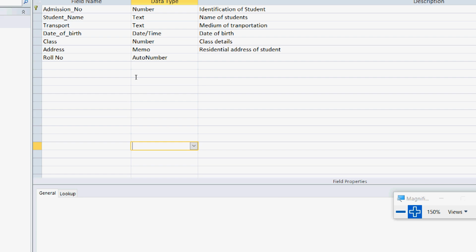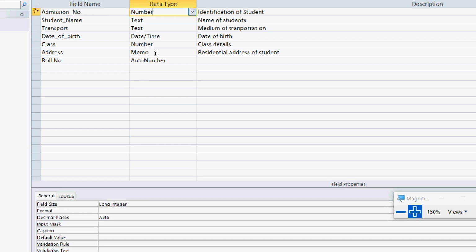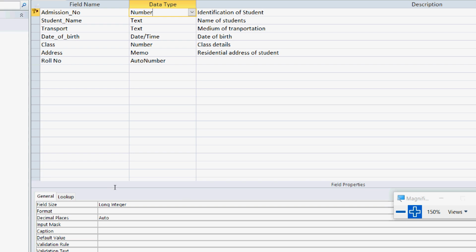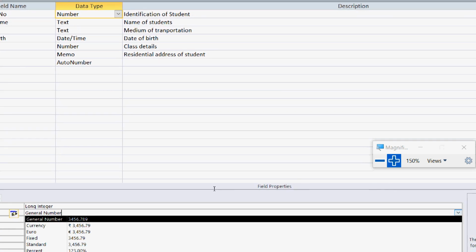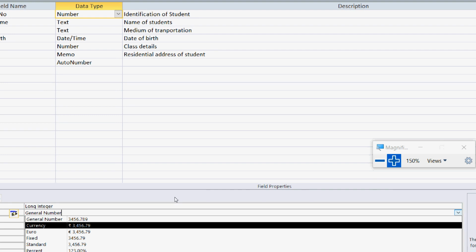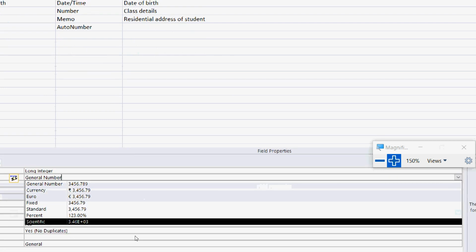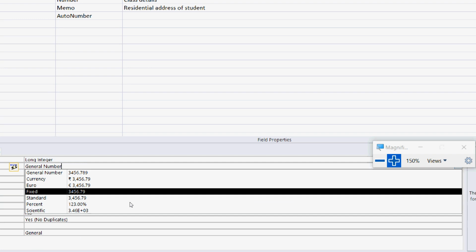Let us see any other. For example, if there is a number, in the number also we see that there are various things. Here we can see the format for the number data type. For the number data type, the different formatting can be, for example, if the value is in currency, then the currency symbol can be there. Then whatever the different currency, euro, and if you want to insert a decimal number, the value is written with the decimal.